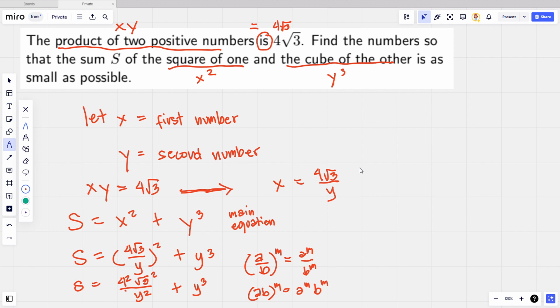Simplifying further, S is equal to 4 squared, that's 16. The square root of 3 squared cancels out, and we're left with 3. So 16 times 3, we multiply that and get 48, so 48 over y squared